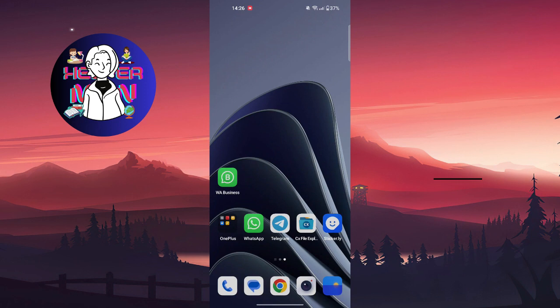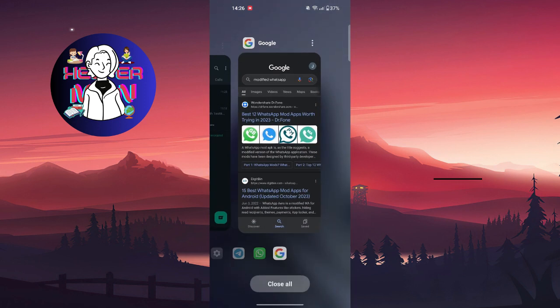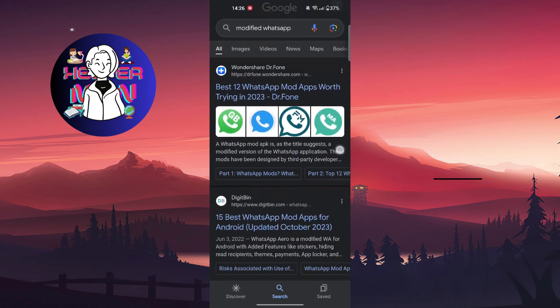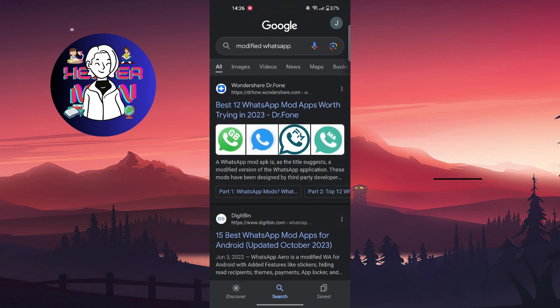If you want to learn more about it all, you can just search for the reasons why you temporarily get banned. But we're gonna solve the problem. So for example, these applications are modified versions of WhatsApp. In order to fix all of this,